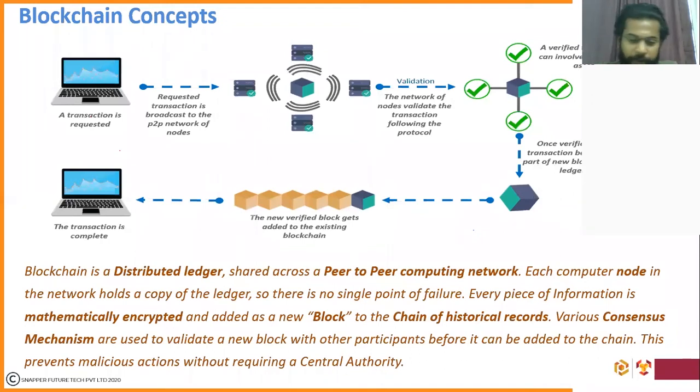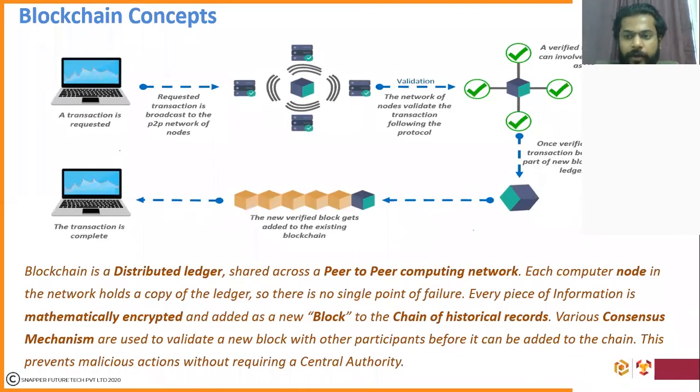So that particular block goes into the ledger, and when the majority of the network has accepted a particular block, that block is considered to be confirmed. The transactions within that block are also considered to be confirmed, and that's how a transaction cycle, basically a transaction, flows from one end to the other. Okay, from the proposal to transaction completion.